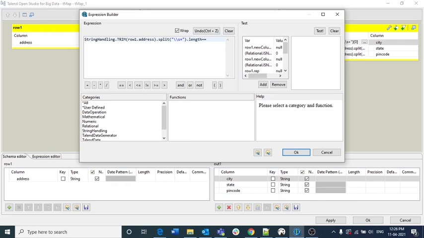If it is equal to 4, then we are going to concatenate the first and second characters, that means the value of 0, space and 1. If not, then we need to take the value at 0.